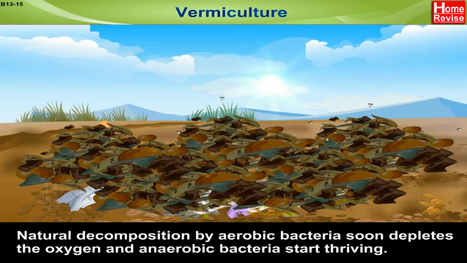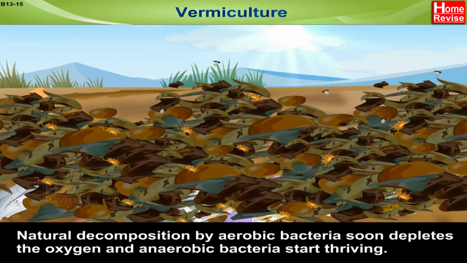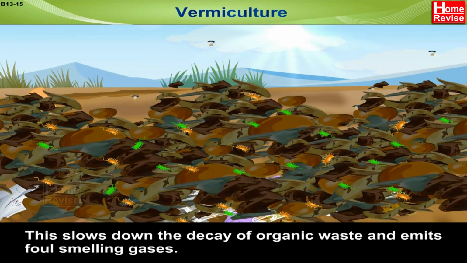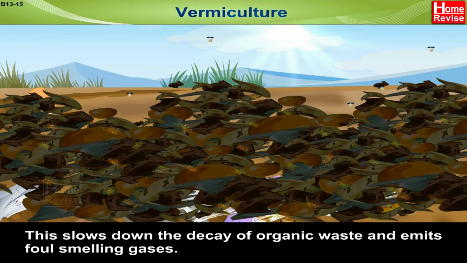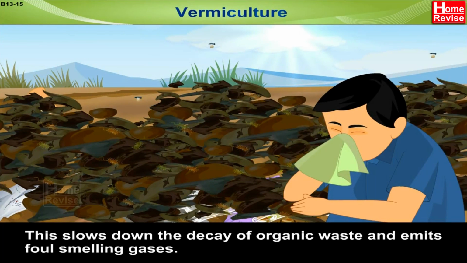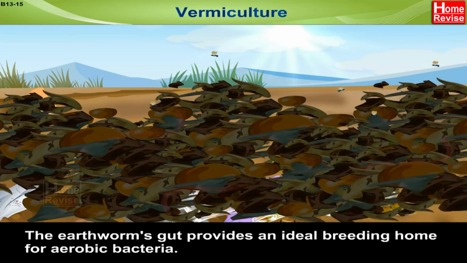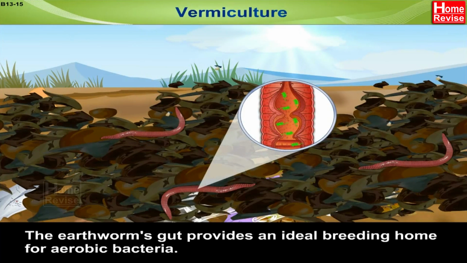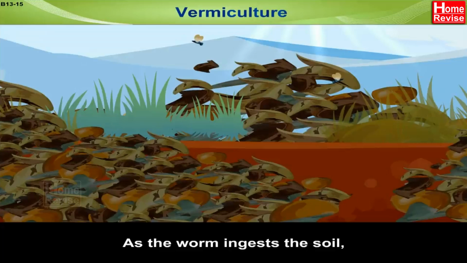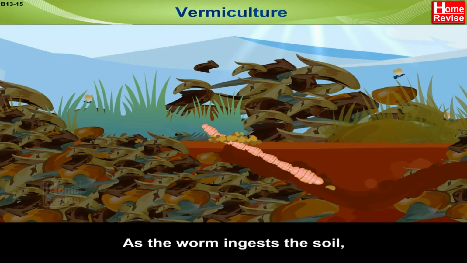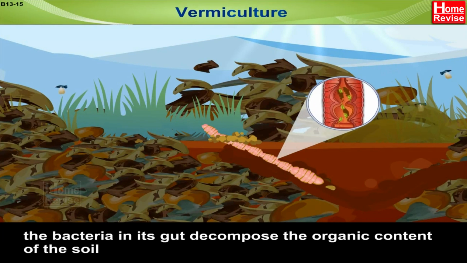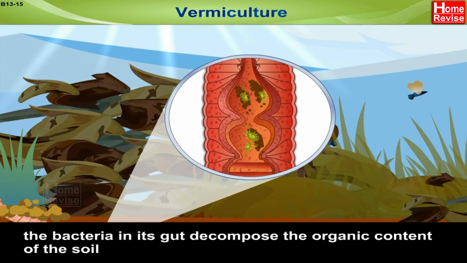Vermiculture. Natural decomposition by aerobic bacteria soon depletes the oxygen and anaerobic bacteria start thriving. This slows down the decay of organic waste and emits foul-smelling gases. The earthworm's gut provides an ideal breeding home for aerobic bacteria. As the worm ingests the soil, the bacteria in its gut decompose the organic content of the soil,